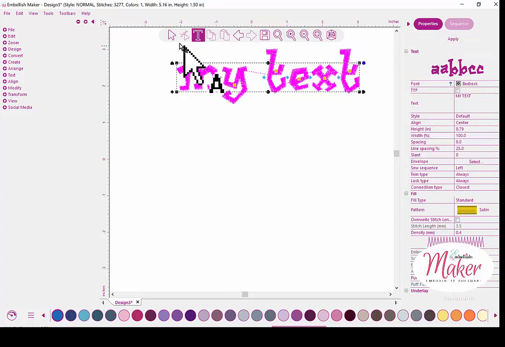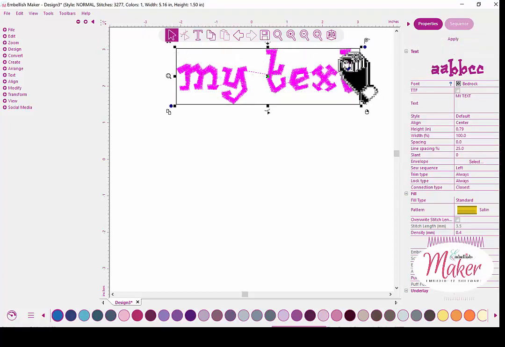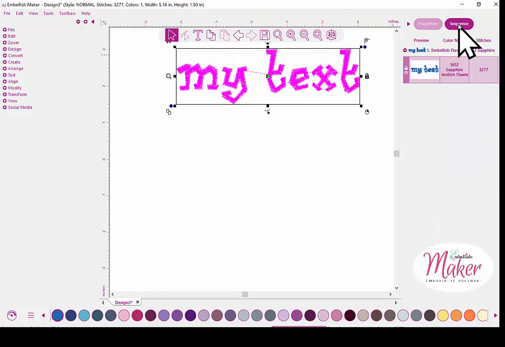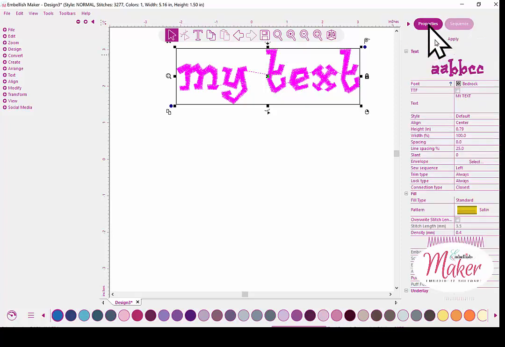Now, by looking at this, it is stitches, and that's not what I want. Now, how do I know it's stitches? By going to sequence and stitches. This has 3,277 stitches. So I'm going to go back to my sequence window, and the first thing I'm going to do